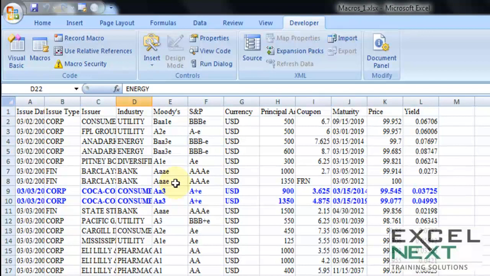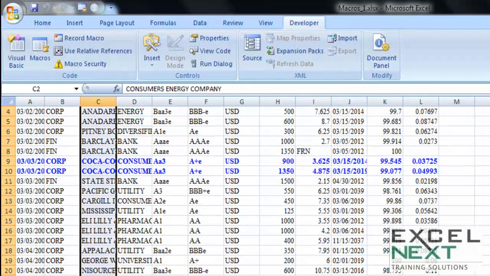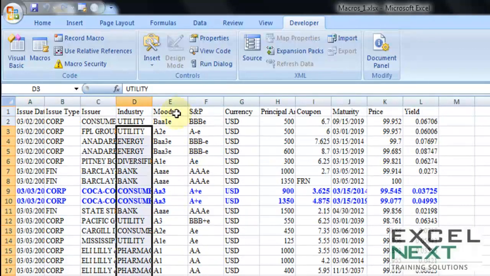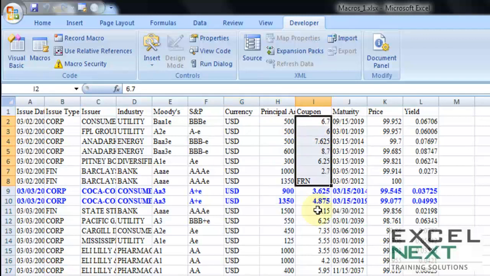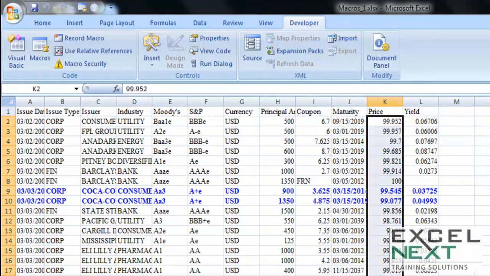Now this is a file, and such kind of data I receive very often from different departments, which might talk about, let's say, between a 15-day period in 2009, month of March. I have details of different bonds being issued by different companies, different industries, the ratings, the US dollar amount, the amount of funds that's being raised, fixed rate, floating rate, and maturity date given along with the price of the bond. Again, this is a hypothetical data to be used for training only.